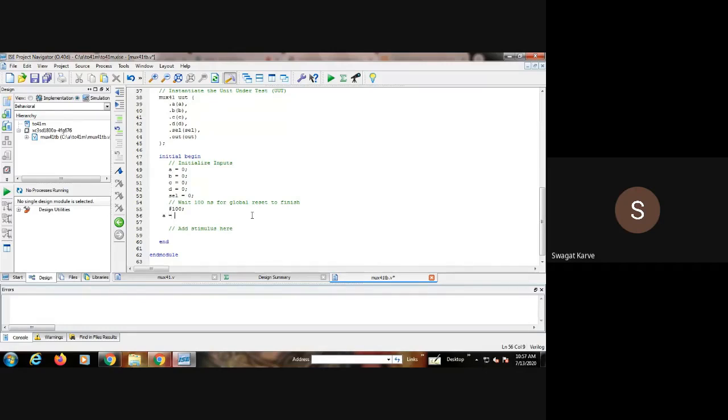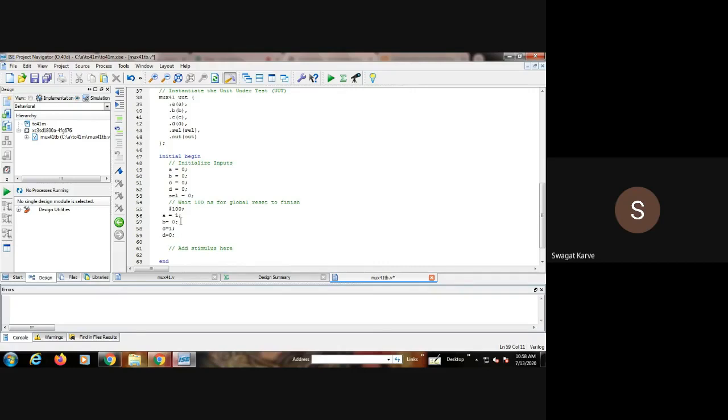A equal to 1, then B equal to 0, then you can go for any random value. Now C equal to, again we will give it as 1, and D is equal to 0. So these are the random inputs that we have selected.